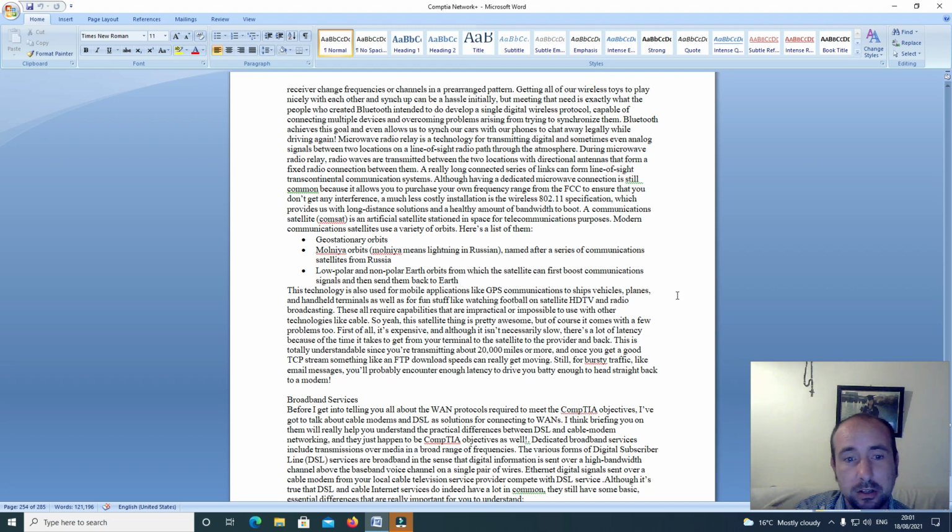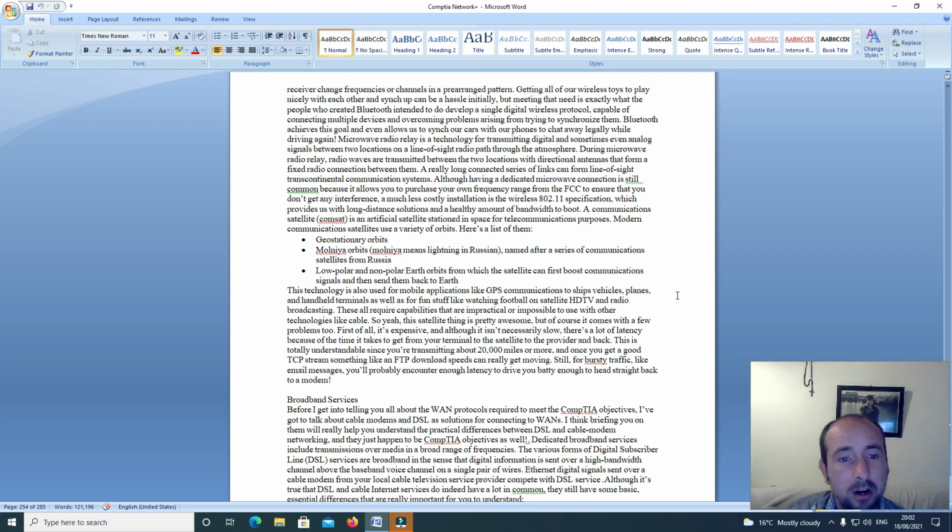but meeting that need is exactly what the people who created Bluetooth intended to do: develop a single digital wireless protocol capable of connecting multiple devices and overcoming problems arising from trying to synchronize them. Bluetooth achieves this goal, and it even allows us to sync our cars with our phones to chat away legally